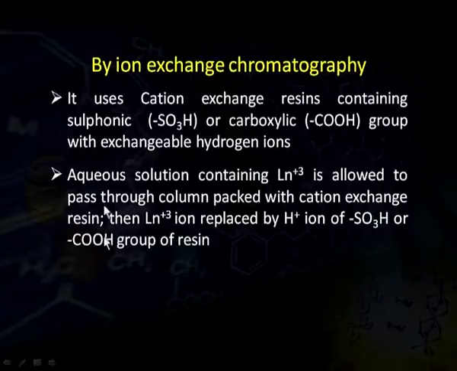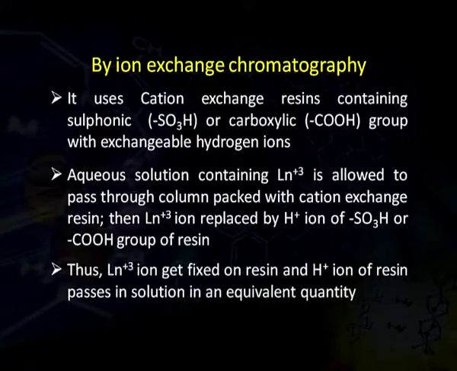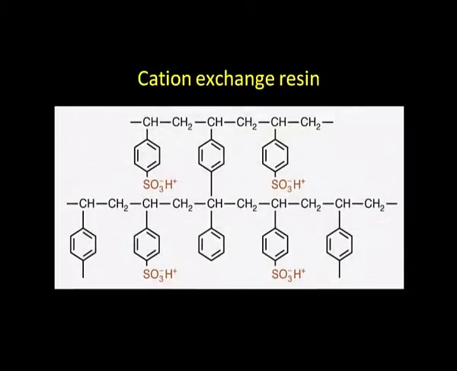This is the ion exchange property of the resin, means the exchange of lanthanum +3 with hydrogen ions of the sulfonic group or the carboxylic group present in the resin. Thus, lanthanum +3 ions get fixed on the resin and hydrogen ions of the resin pass into the solution in an equivalent quantity. This is the structure of the cation exchange resin, and it is the sulfonic group containing the hydrogen ion